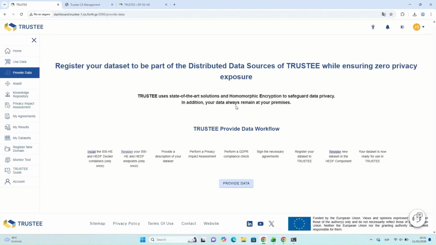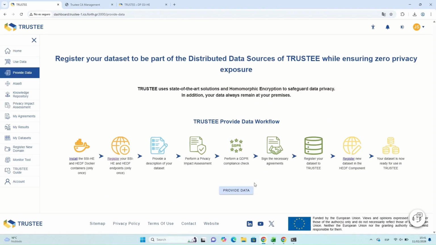Here, the data provider can see the complete process they need to follow to securely register the dataset and make it searchable and usable in computations. In this case,